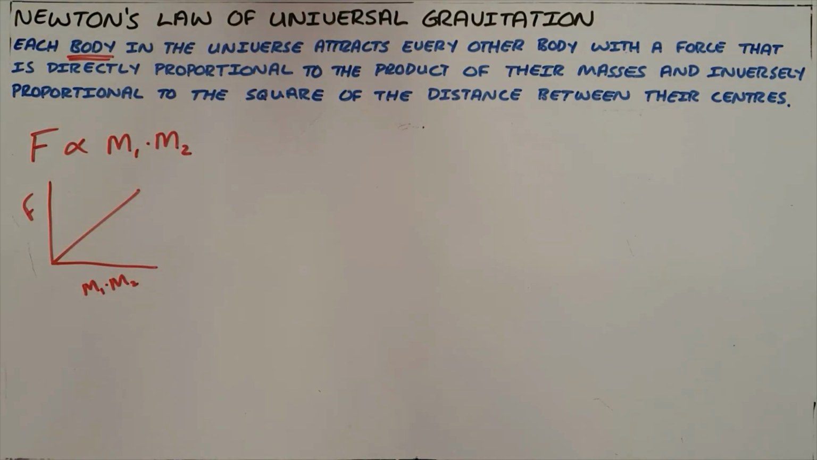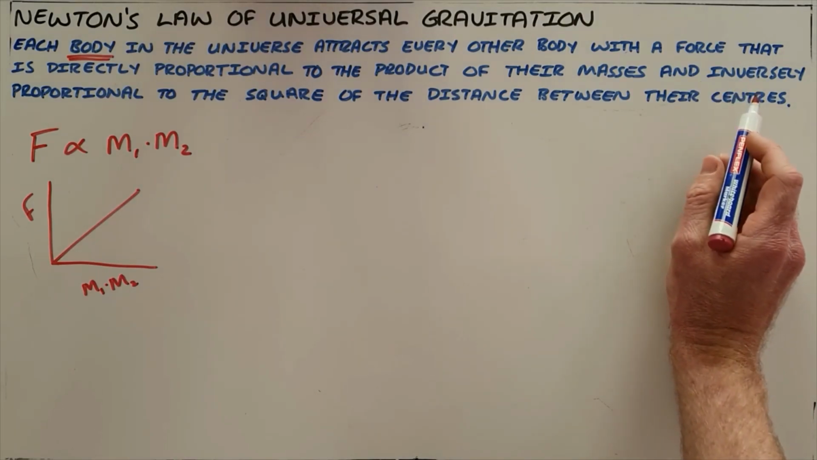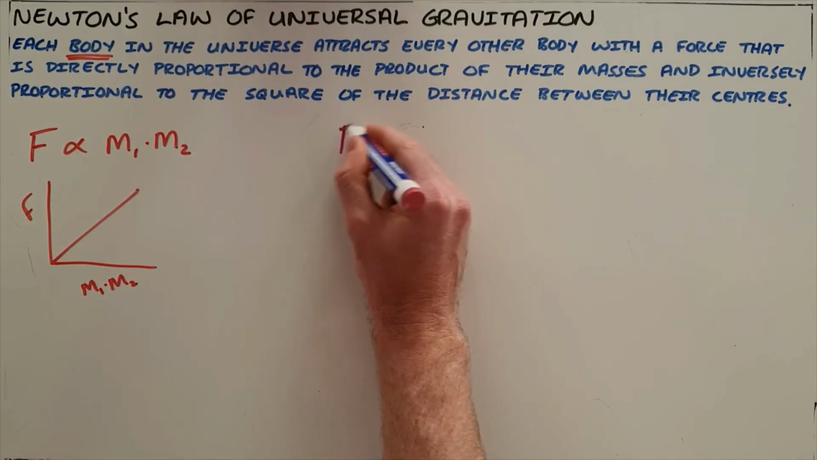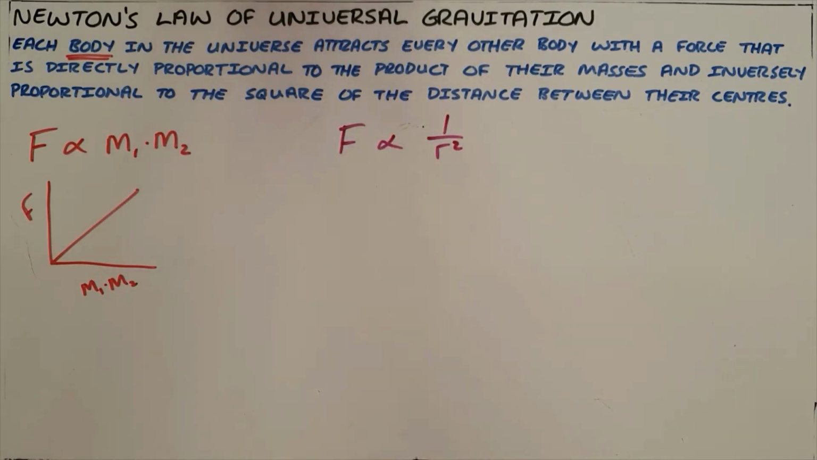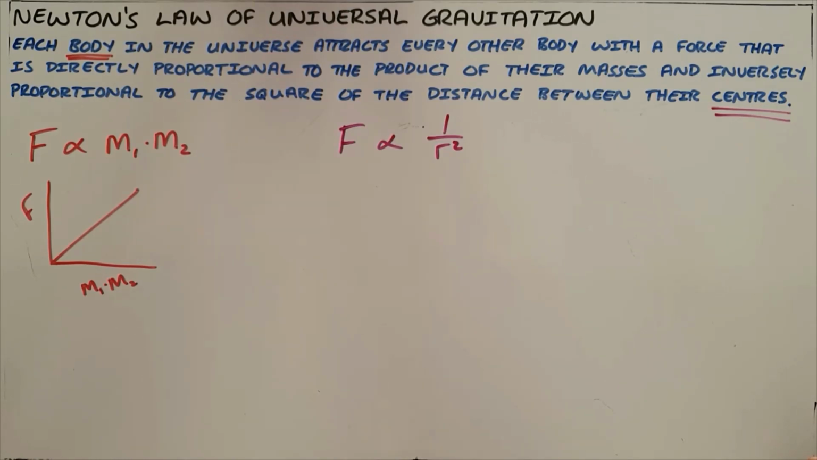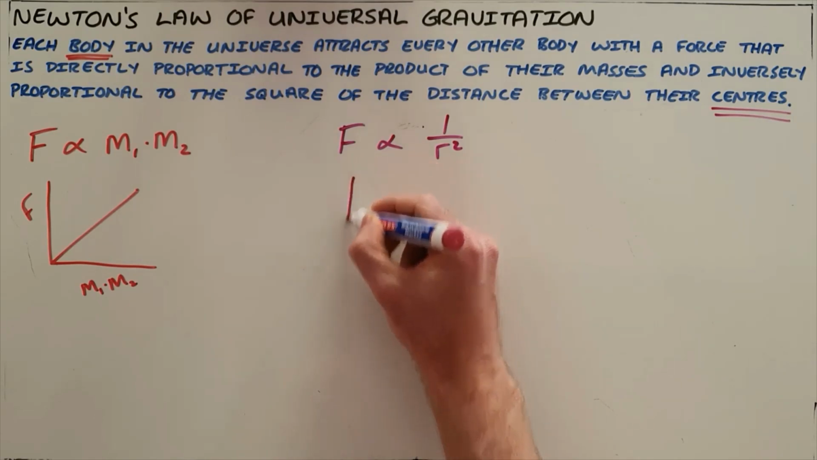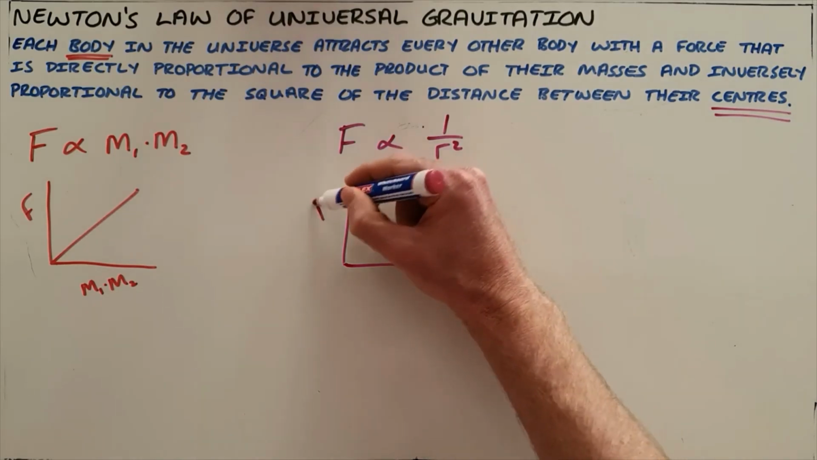The second part of this definition refers to what's called the inverse square law and says that the force is inversely proportional to the square of the distance between their centers. Very important here to specify that it is the distance between their centers, because very often this law is used for very big objects where there's a big difference between the center of an object and the surface of the object. So what this actually tells us is that the force is directly proportional to 1 over r squared, which can be written or drawn on a graph